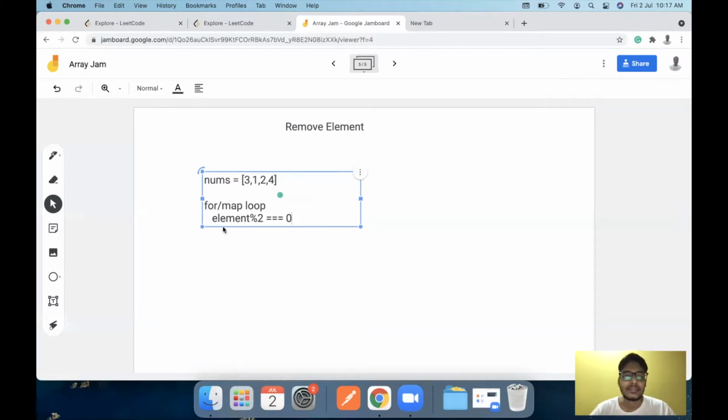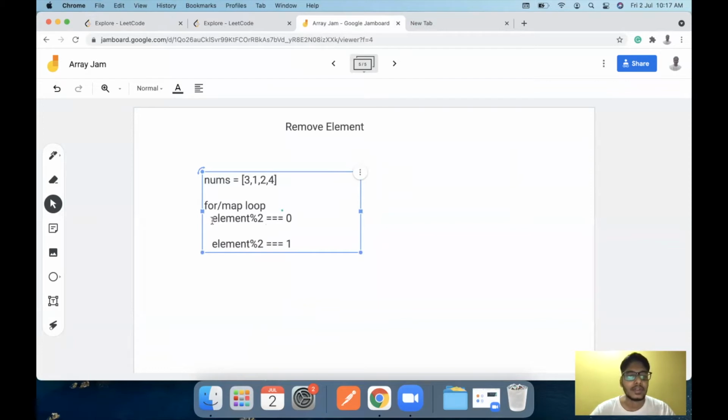That is, let's say if we divide 4 by 2, the remainder would be 0. Similarly, if we divide 2 by 2, the remainder will be 0. Quotient would be 1 or 2 or anything, but the remainder is always 0 when the number is even. And in case of the else part, or if you have to detect whether a particular element is odd or not, we use the same logic, but in this case our remainder will be 1, right? Because if a number is odd like 3, the remainder when the number is divided by 2 is 1. So we now know how to detect the even and odd elements.